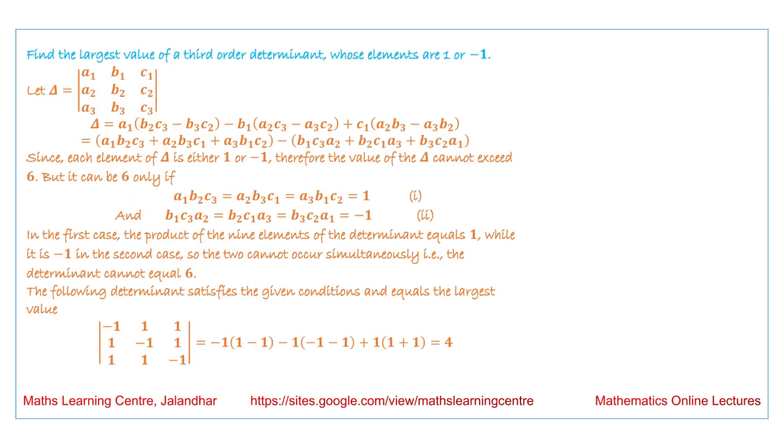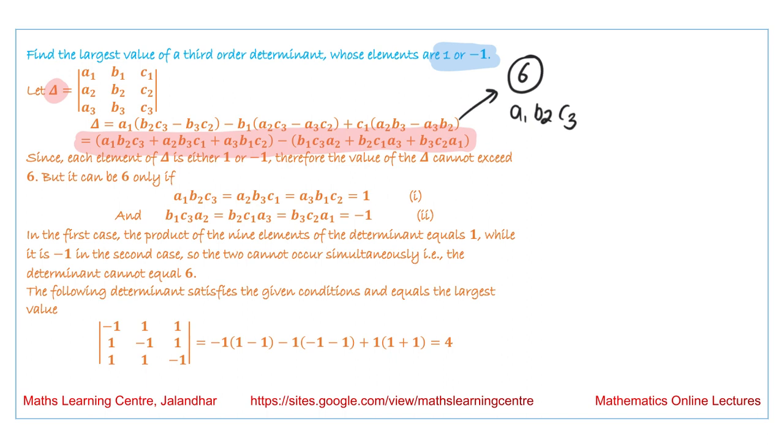Similarly, in this next question, we are given an order 3 determinant whose elements are now 1 and minus 1. In the previous case, it was 0 and 1. Now it is 1 and minus 1. So again, we are writing the determinant. We have expanded this determinant over here, and this is the value we are obtaining. Now we are saying that the maximum value this can have is 6, and it will be attained if